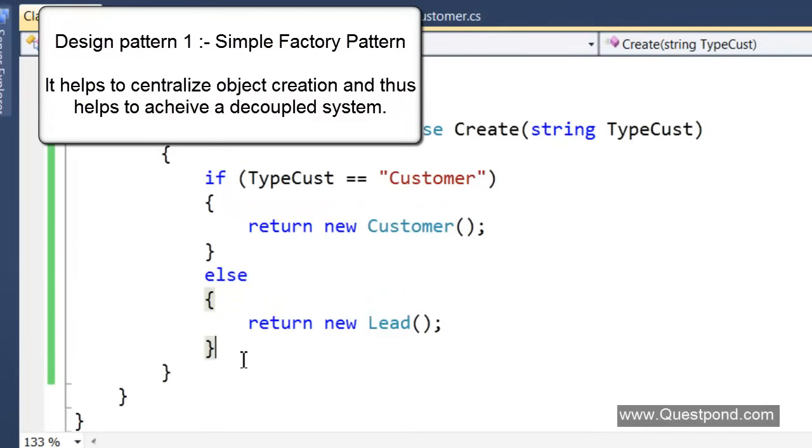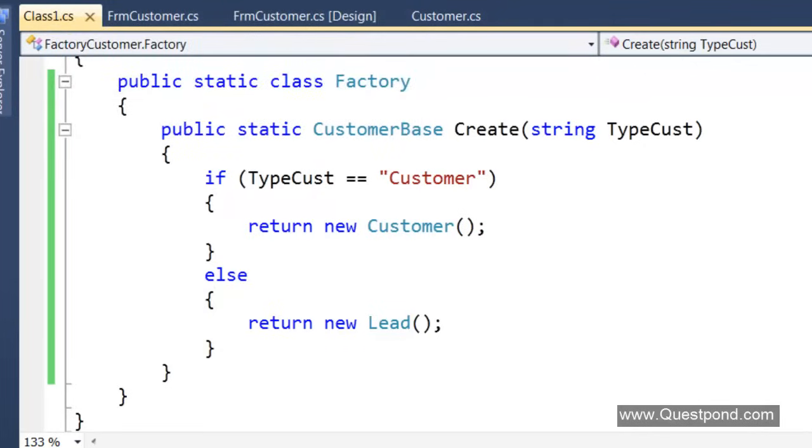And all other consumers, it can be a UI, it can be a batch process, it can be anyone, they don't have to worry what kind of type is coming from the factory. The factory takes the responsibility of creating the object. Now there is one serious problem with this factory class, and the problem is the if condition. We somehow have to get rid of this if condition, and we need some better approach here.